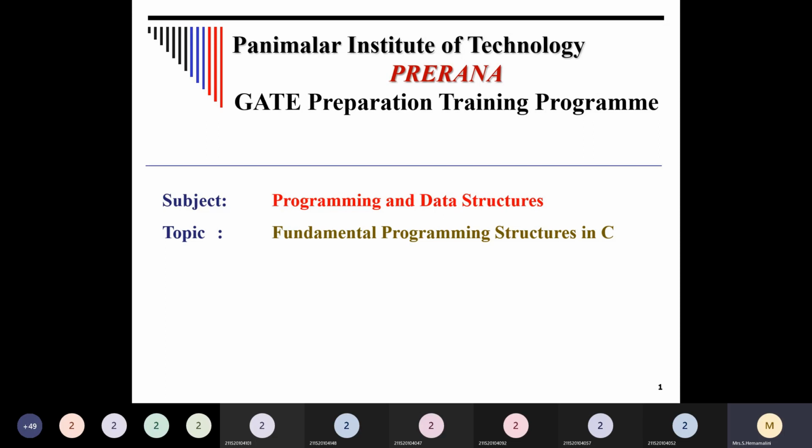This is a session regarding GATE preparation training. For GATE examinations, you know very well, there are different subjects. Especially if you choose computer science and engineering, almost all the core subjects are covered during GATE examinations. So the major subjects covered in GATE examinations are